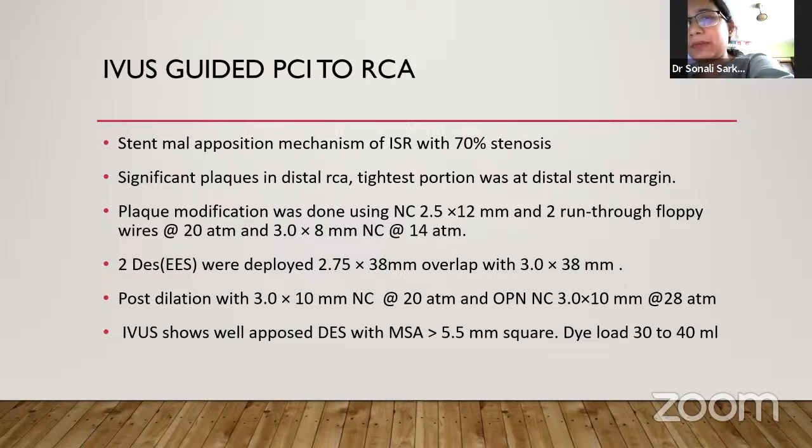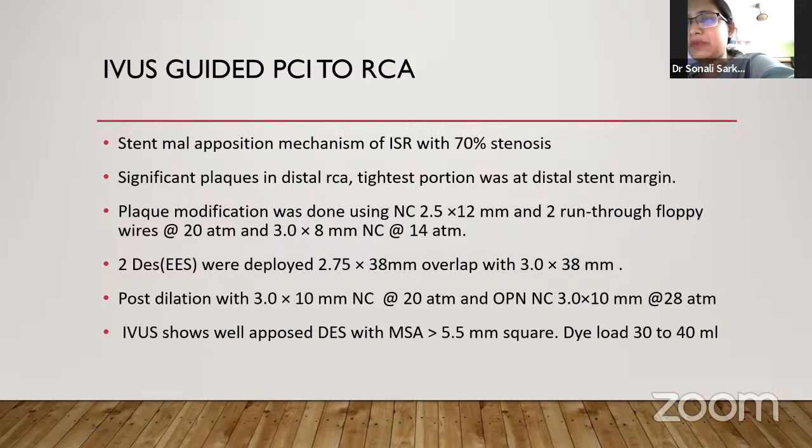But there were significant plaques in the distal RCA, and the tightest portion was at the distal stent margin, which took a lot of effort for plaque modification. Since we did not have a cutting balloon, as the relatives could not buy anything for us, we used a poor man's cutting balloon. We used 2 run-through floppy wires simultaneously inside the RCA, and we used 2 NC balloons